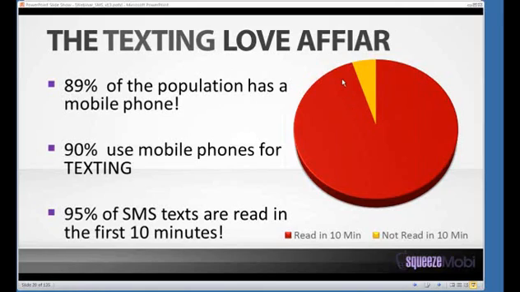Why am I telling this to you? I'm not telling you because you haven't heard these statistics. I'm sure you have. I'm telling you so you write them down and use these statistics when you're trying to communicate and close those business owners. Because on top of that, 90% use mobile phones for texting. This presents a huge opportunity. Why? Because that text message is a direct connection to the person. And I don't know about you, but I have my phone with me all the time.